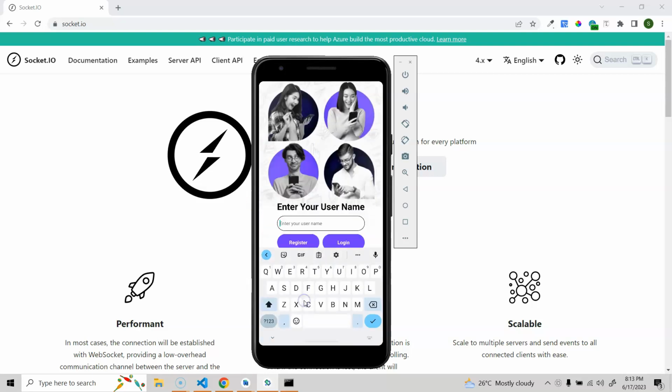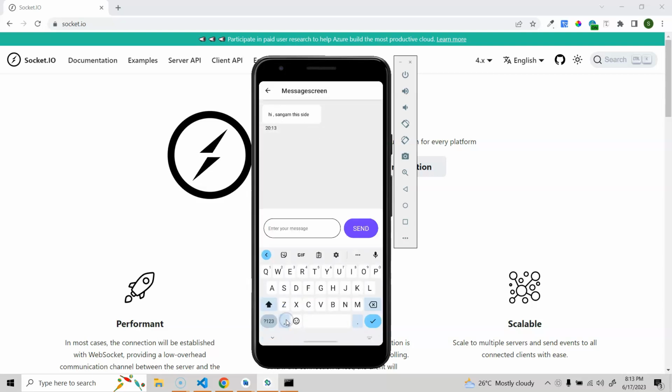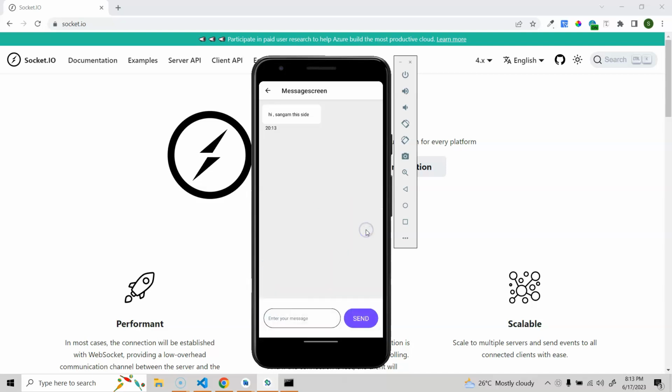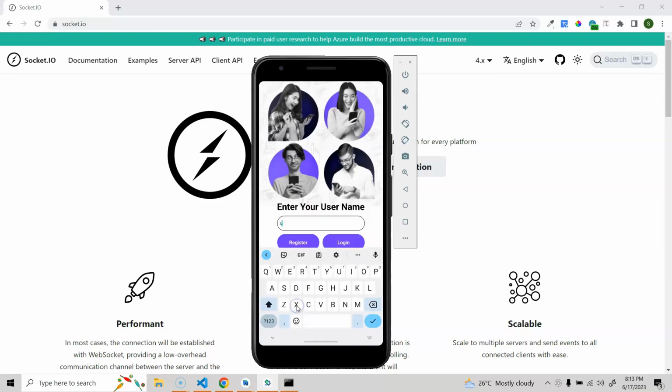Now let's say I give some different name, let's say Ronak. If I register and go back, you can see that this is the last message that we are having. And if I click here, I'll give here hello, this is Ronak. If I send this, you can see that the current user's message will be shown on the right side. If I go back, log out again, type Sangam and log in again,